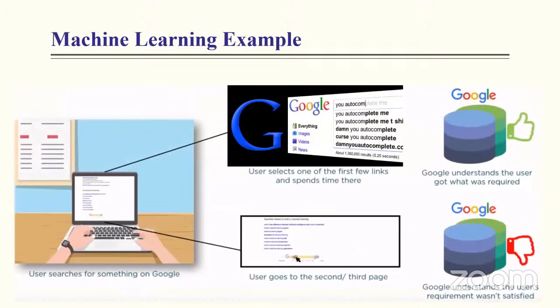Now what is machine learning? In machine learning, if I write Sachin in Google search, the first name that it will suggest to me is Tendulkar, isn't it? Because Sachin Tendulkar is the most searched name. So it does autocomplete. This autocomplete is an example of machine learning. You are trying to think what the user is thinking. Again, this is an example of deep learning, but I just said machine learning,